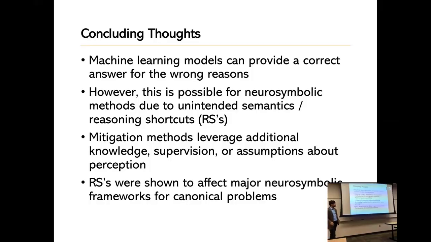So, machine learning can provide correct answers for the wrong reason, but neuro-symbolic methods can too. I think that's kind of a big important lesson. But mitigation, either making some assumption, adding more constraints, adding some supervision to part of the problem, can go a long way in reducing reasoning shortcuts. And what's nice about this paper is, now we're getting to the point in neurosymbolic reasoning where people can start to look at, hey, what are some common approaches